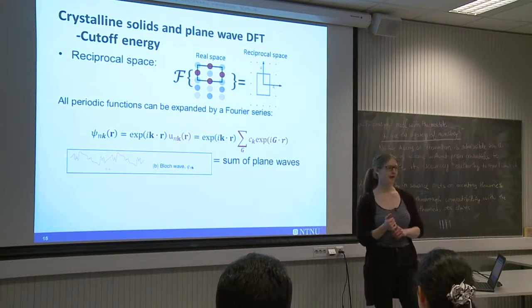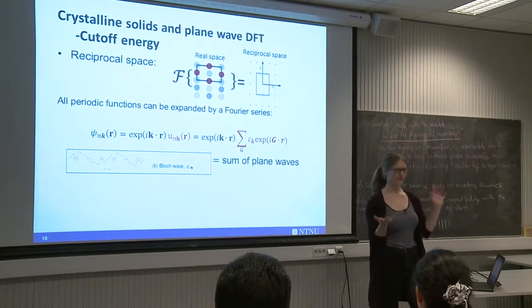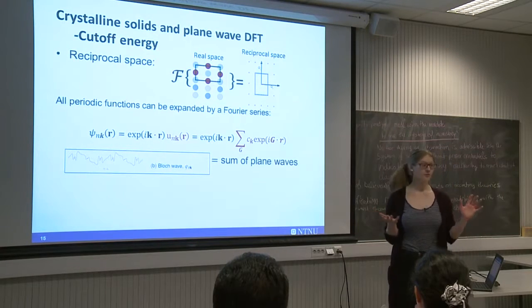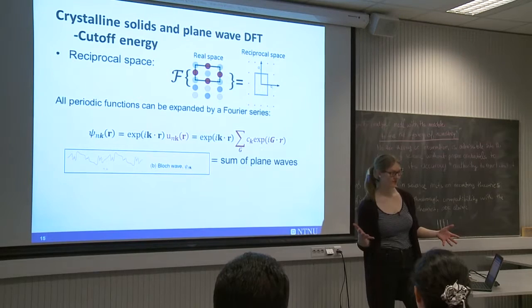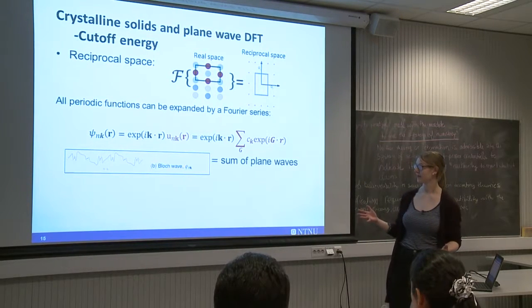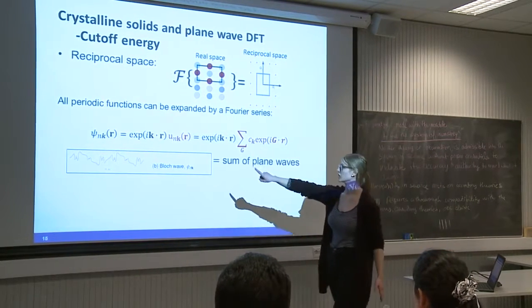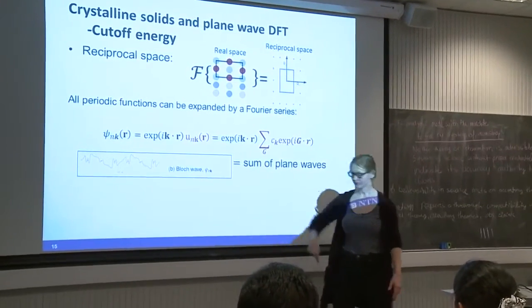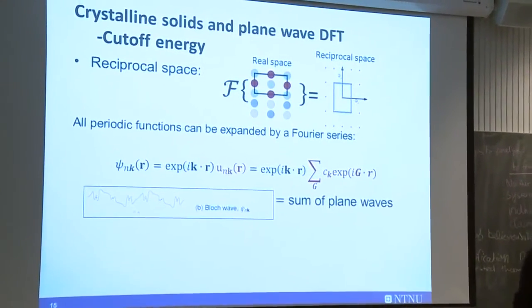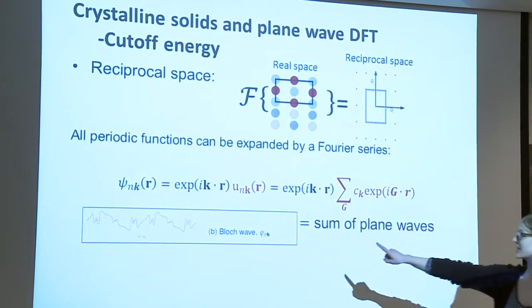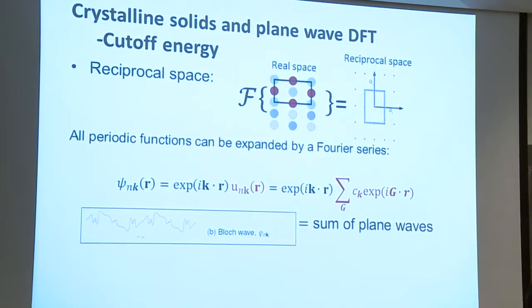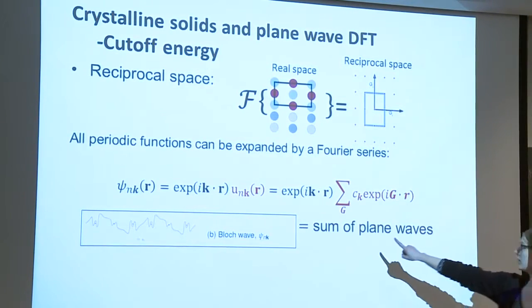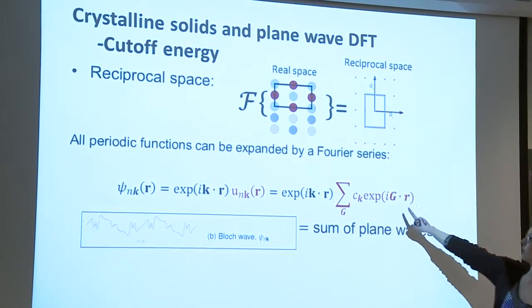Okay, and then you might remember from math that if you have some periodic function, you can always expand it in terms of a Fourier series. So let's look at our Bloch function, which is the electronic wave function in our crystal. This was periodic with our lattice. So we expand it, and the wave vector turns out to be